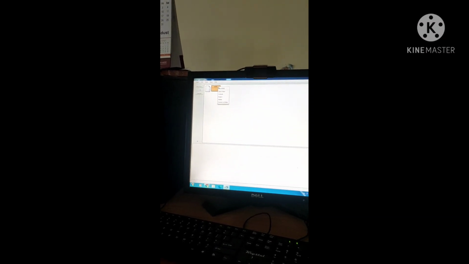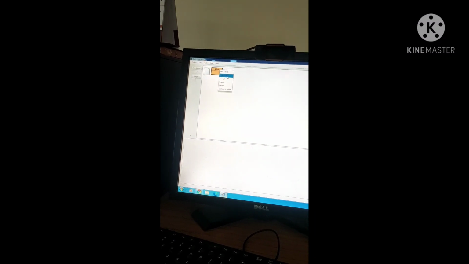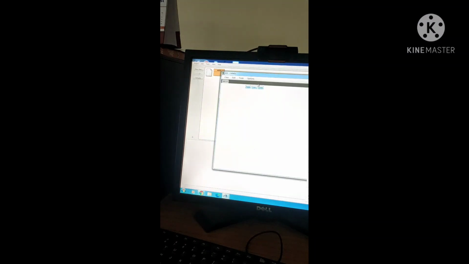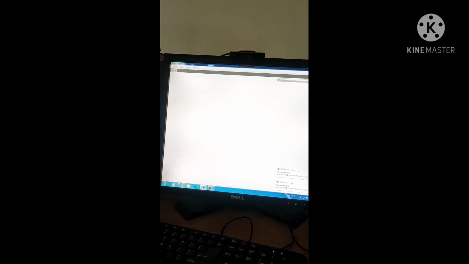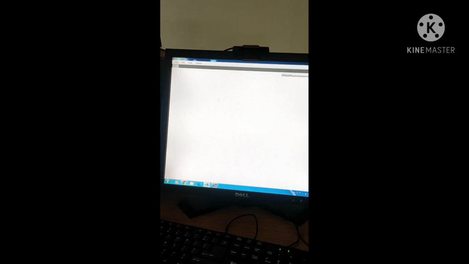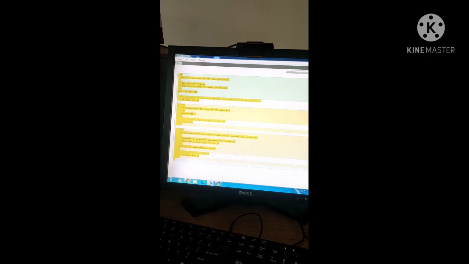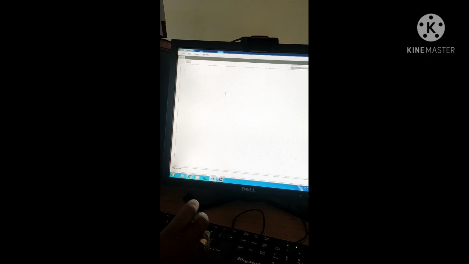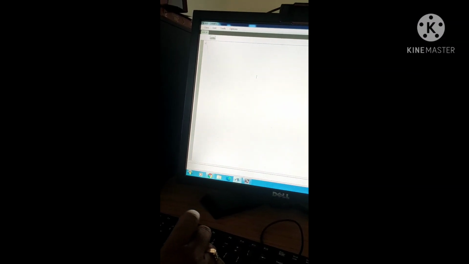The next step is to right click this and click on Open Editor. When you click Open Editor, by default a block of statements will be displayed. There is no need of those, so we can delete them by selecting all. We can write our own code. So how am I going to write a program for this?